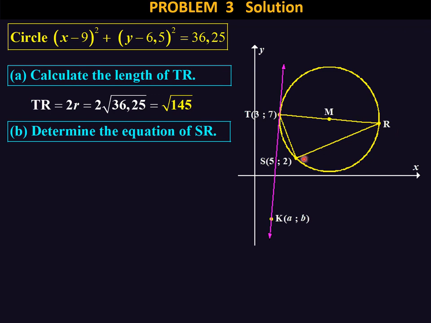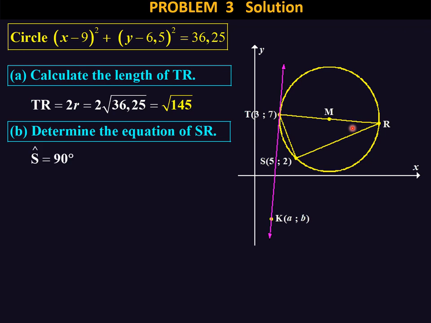SR is a straight line. And what do we need for a line? We need a gradient, right? And what else do we need? We need a point. So we've got a point, so I just need the gradient here, the gradient of SR. Now, how are we going to go about that? So what do we know here? We know that